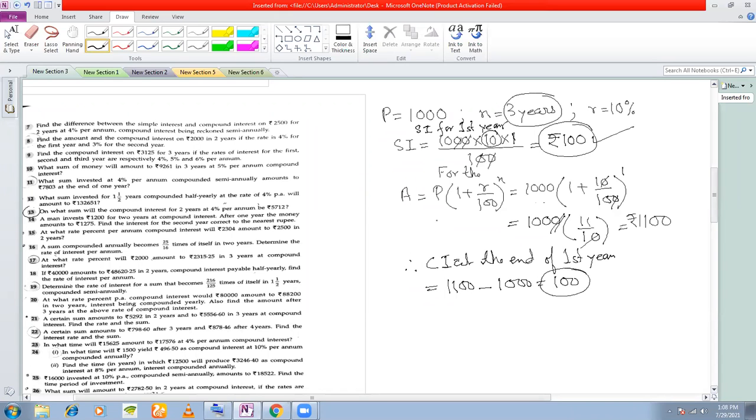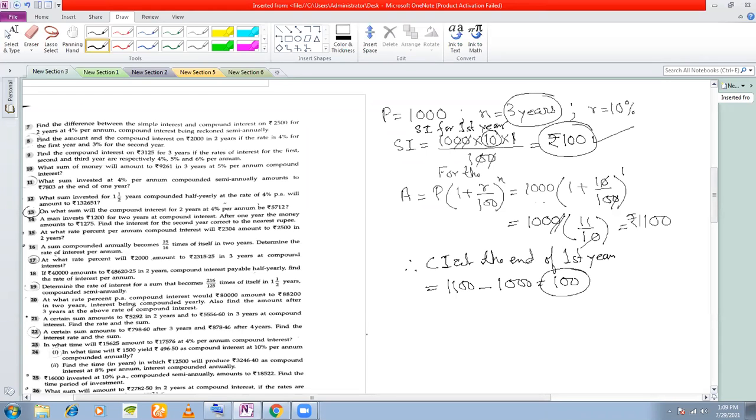Do you see this? Yes, sir. Now, what will happen when they will start to differ? They will start differing from the second year. From the second year, when you are calculating the interest, the compound interest will be more than the simple interest. But for the first year, always remember, for any investment, even if you're investing for 10 years, for the first year, your interest will be the same, whether compound interest or simple interest.